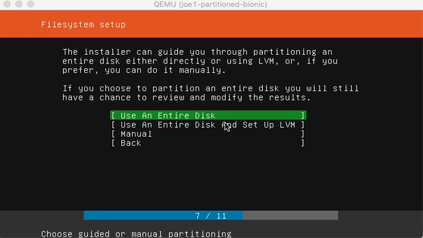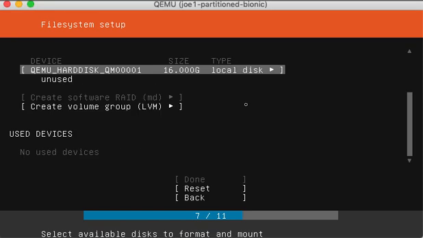So we are looking at how to partition and how to do this during the system installation. I stop at this point of the system installation where it asks me what I would like to do, and if I say use an entire disk, it will just create one big partition pretty much for me. So I'm going to come down to manual, and it shows that my hard drive, for example, is 16 gigs,